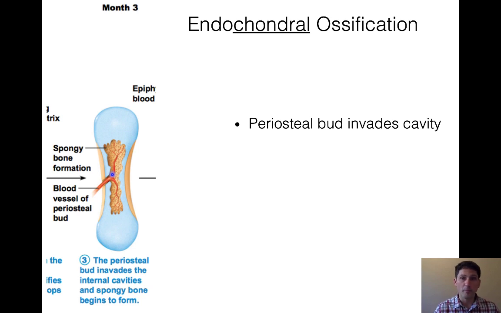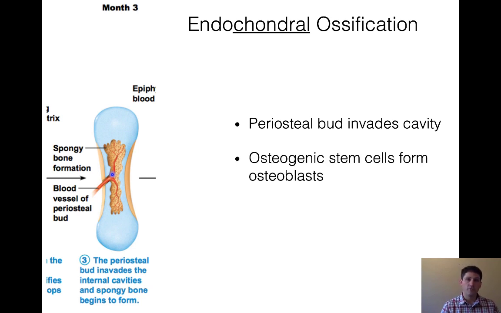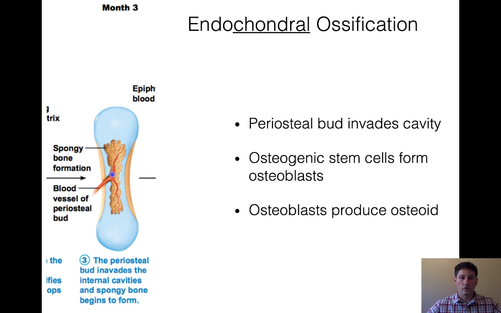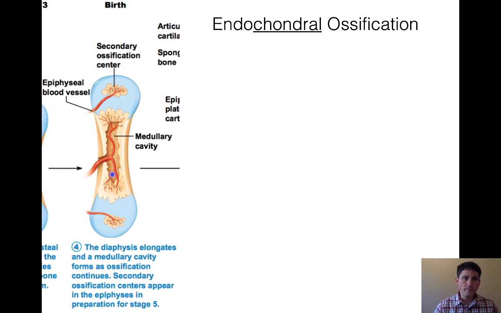That periosteal bud comes into the cavity. We see those osteogenic stem cells become osteoblasts. Those osteoblasts start secreting osteoid through lysosomes around themselves, and we start to form spongy bone. Just like we talked about with intramembranous ossification, we start getting those trabeculae, and we can start adding in more blood vessels. Right around birth, we start to see that our diaphyses have been ossified, and we have a